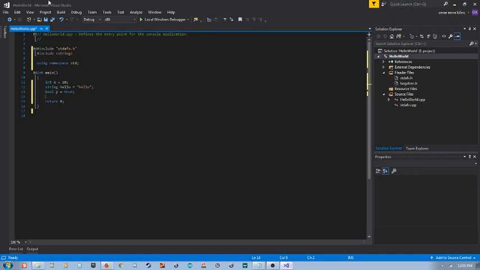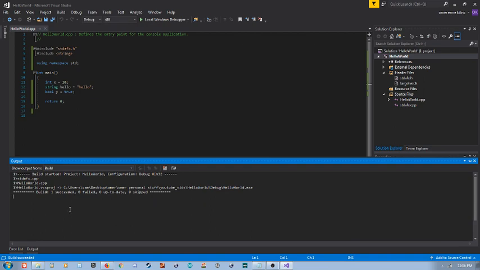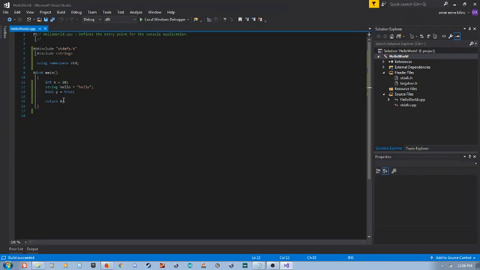Okay. So now let's say we want to print something out, like just show it up. Actually, before we print something out, let's just see if it's going to give any errors. Before running, there's something called building. You press build solution, it checks if there are any errors. This is like building, but it won't run it. Look, build 1 successful, 0 failed, 0 up to date, 0 skipped. Okay, so far so good. That means there's no